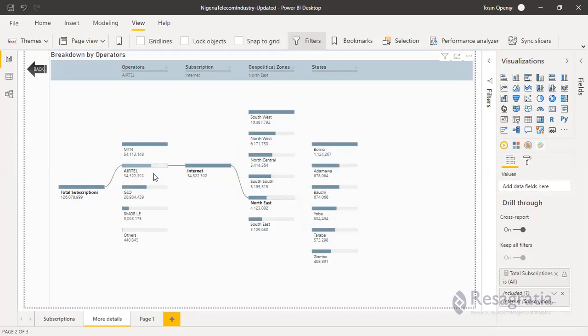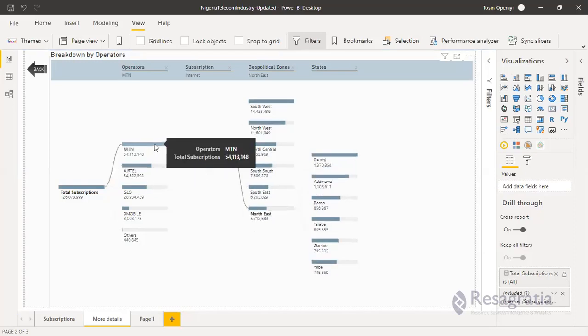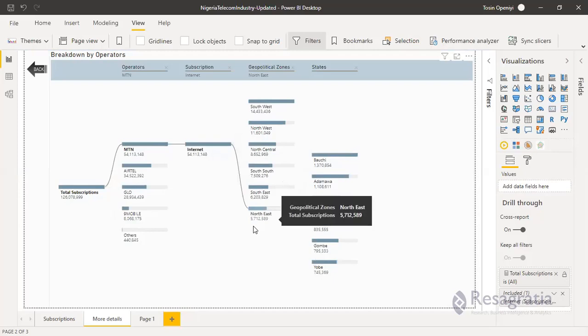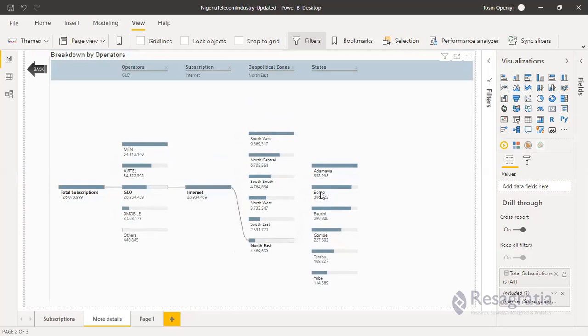For Airtel network, precisely. We can check for MTN. Northeast, for MTN it is Bauchi that is taking the lead, at 1.3 million. We can check for Glo. For Glo, Adamawa is in the northeastern region.